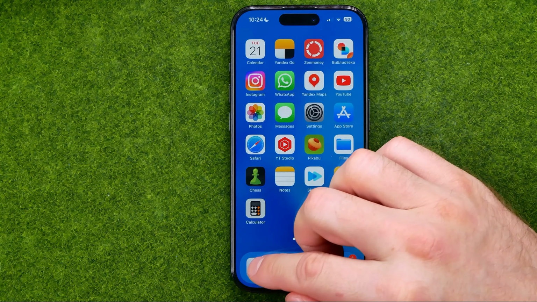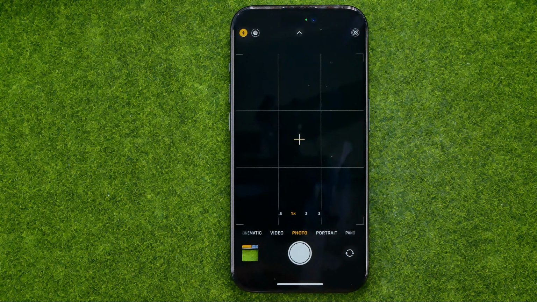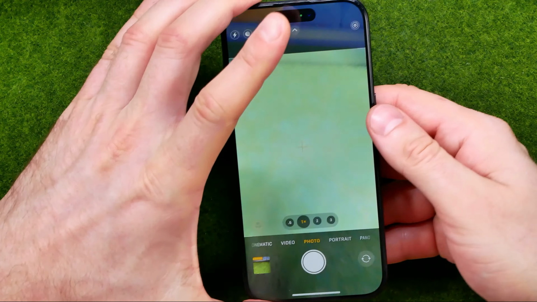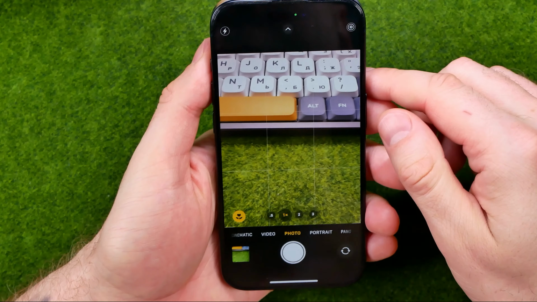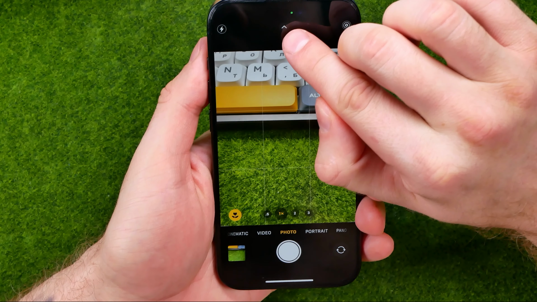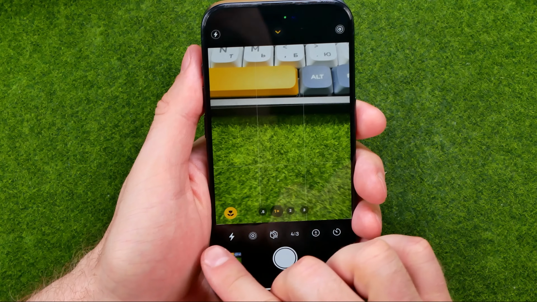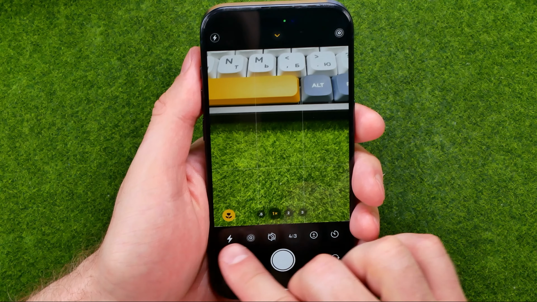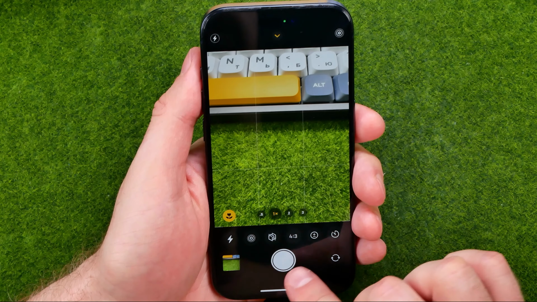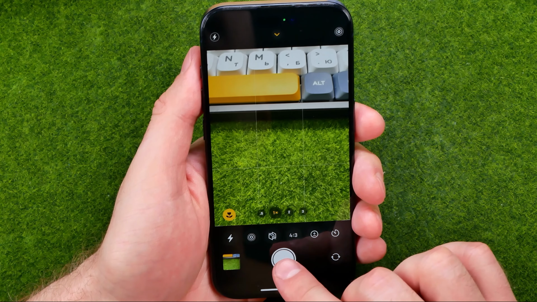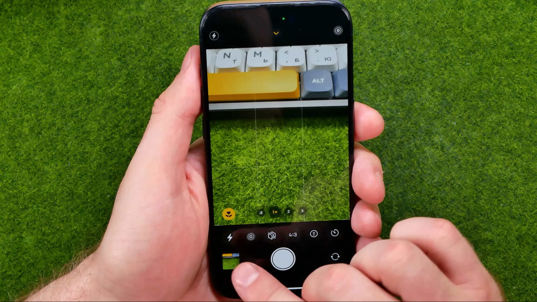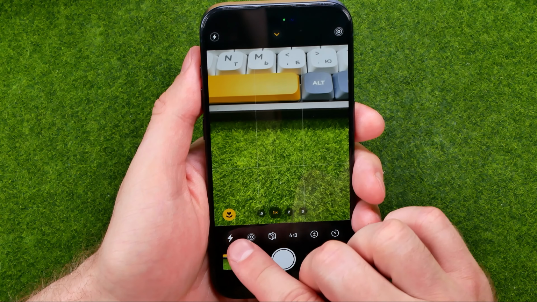Let's get started. First off, open up the Camera app, and after that, tap right here at that icon. That will show you that toolbar just above the shutter button, and that's where we can easily find